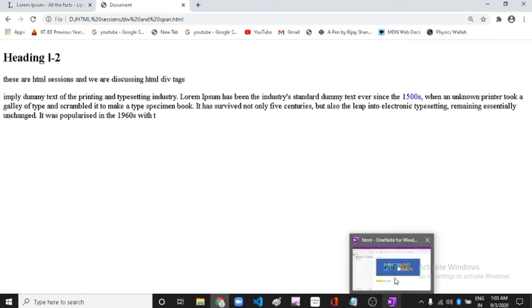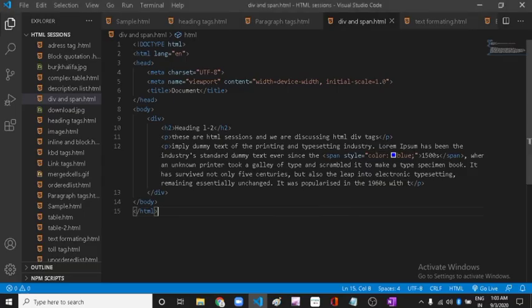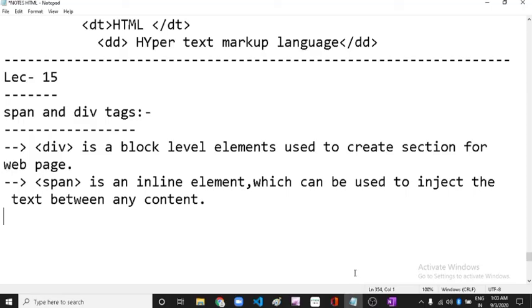So there are multiple uses of span tag. If you want to change the width, if you want to highlight this thing, inside this span tag you will be using, if you want to change the font, the CSS property font-weight equals bold, so this whole thing will be in bold. Okay, like these are span tag and div tag. Okay, so I hope that span tag and div tag is clear to you.